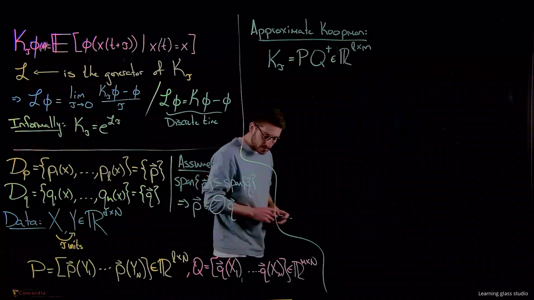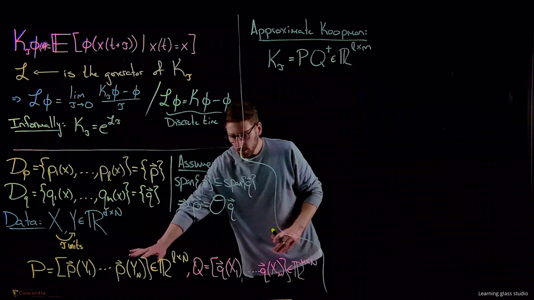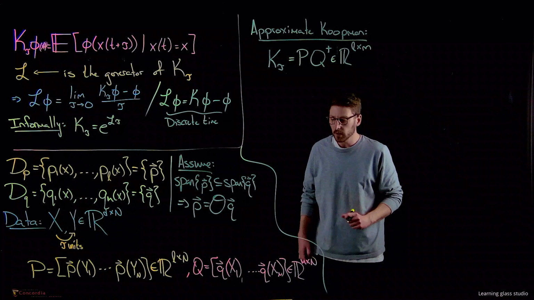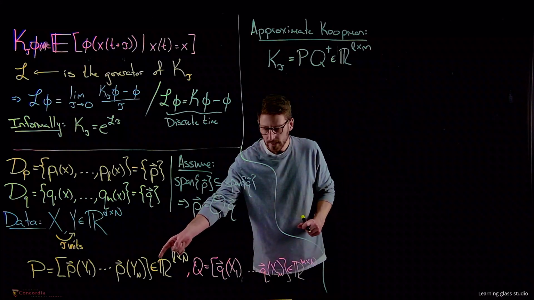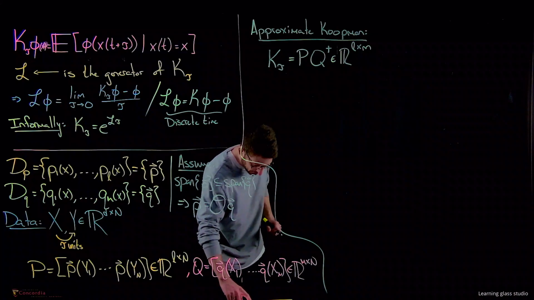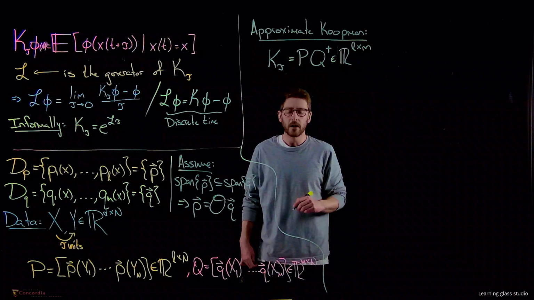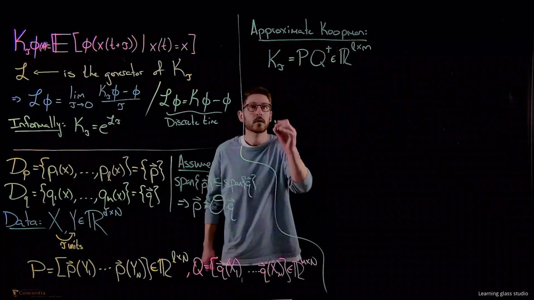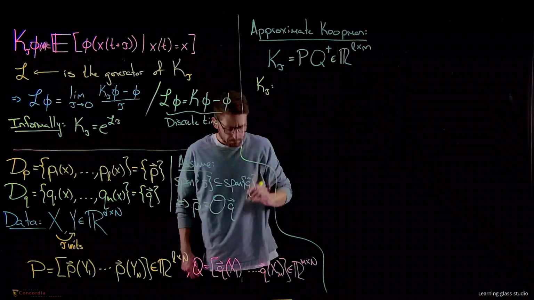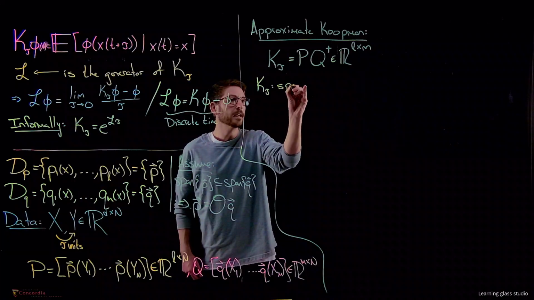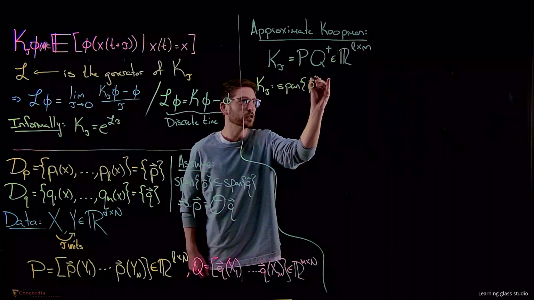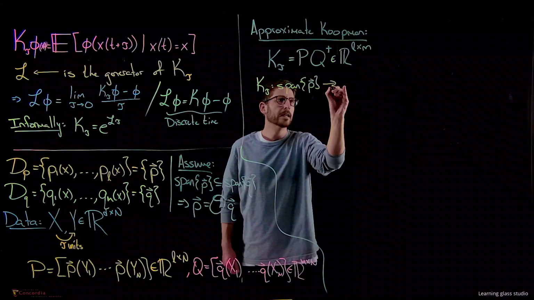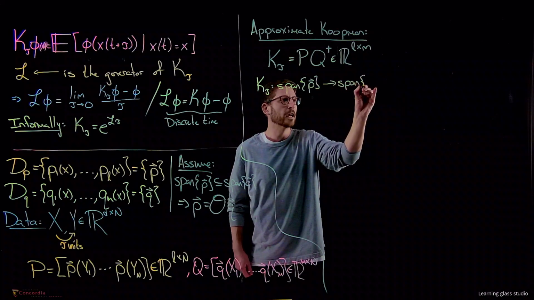So again, it doesn't have to be square. This is probably the hardest part, organizing your data. This takes a lot of thought to see sort of where we got this from, why each one has to have, you know, forward time step and your current time step. But for the time being, we could ask ourselves, how does this act? Well, this function, K, so K tau, maps the span of P, which we call the expansion dictionary, because this is what we would maybe expand our Lyapunov function in, into the image dictionary, Q,